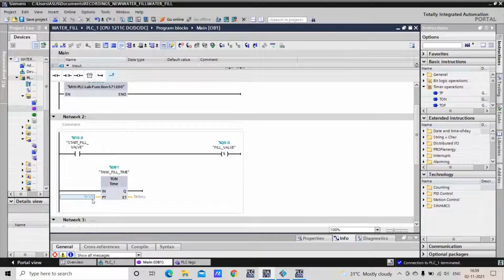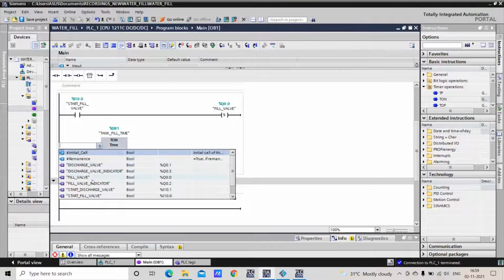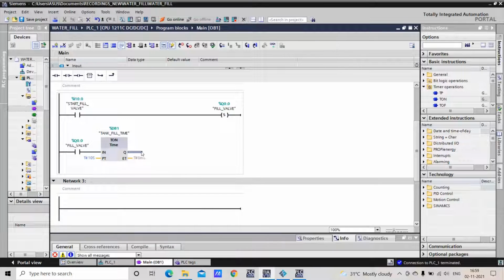After that, the valve should reset its operation. Here I will place a switch, and whenever this valve is activated, then only this timer will start, right? So I will choose the same address for fill valve. Whenever it starts the valve, this becomes closed and the timer will start.